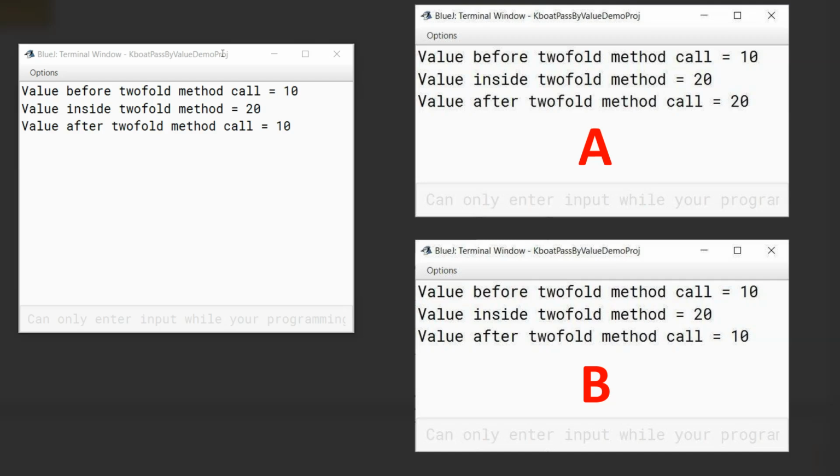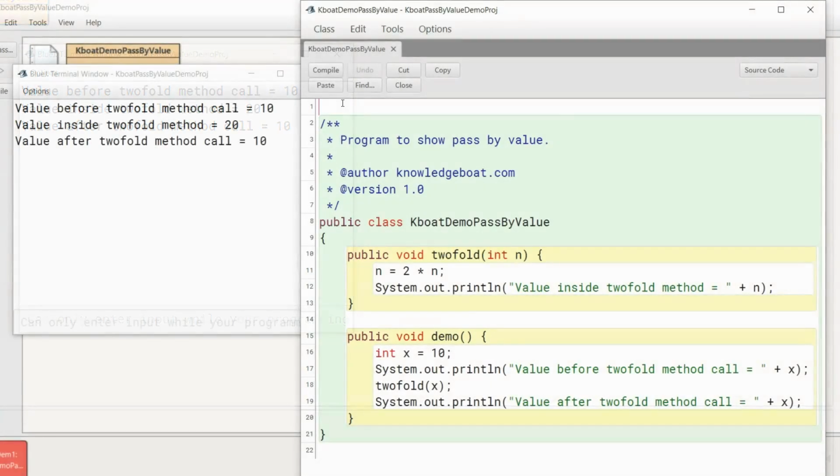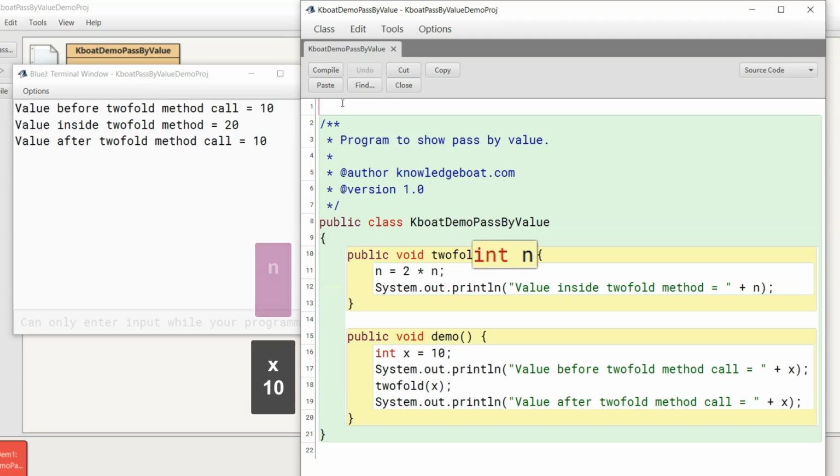Let me switch back to the program. Here at line number 18, I am calling twofold method from demo method. The actual argument of this call to twofold method is x, which has a value of 10. The formal argument of method twofold is n. When I am calling twofold method here, this x itself is not passed to twofold method.